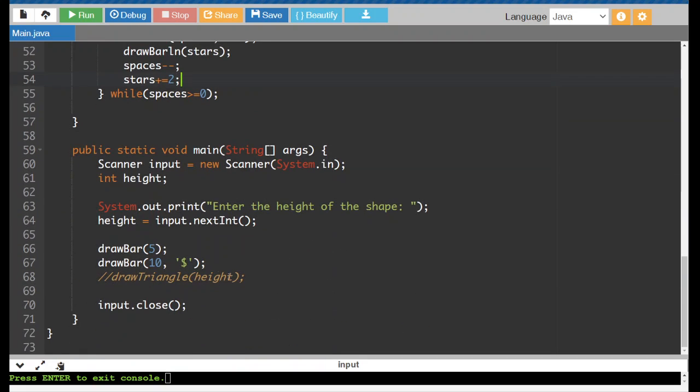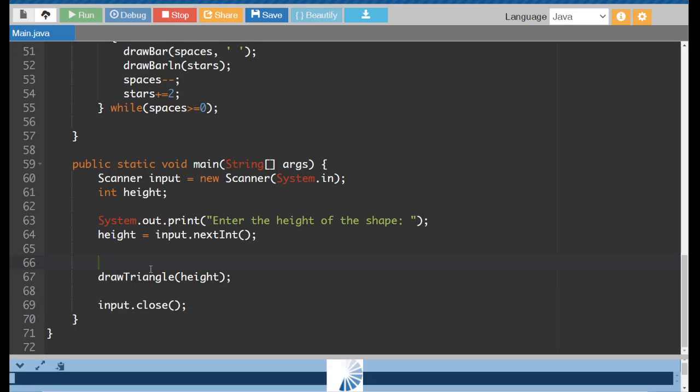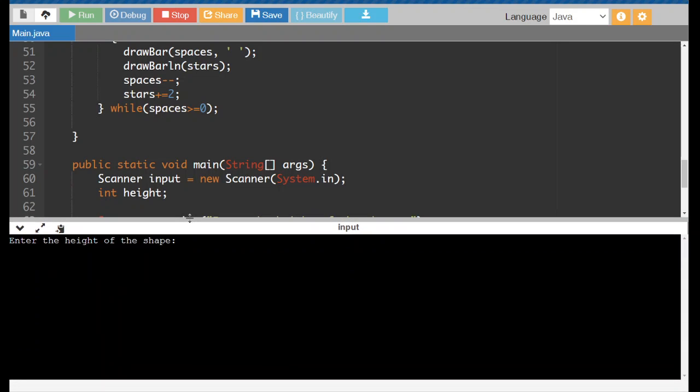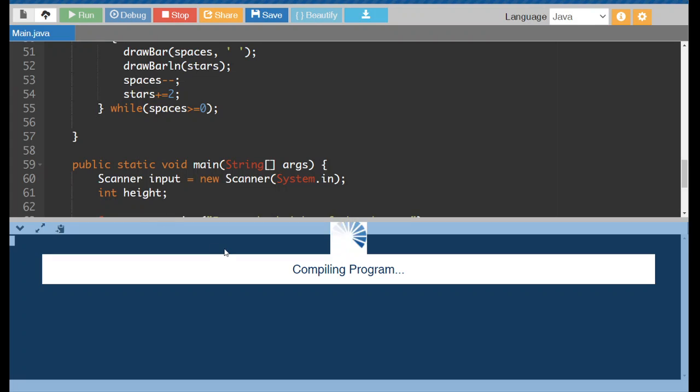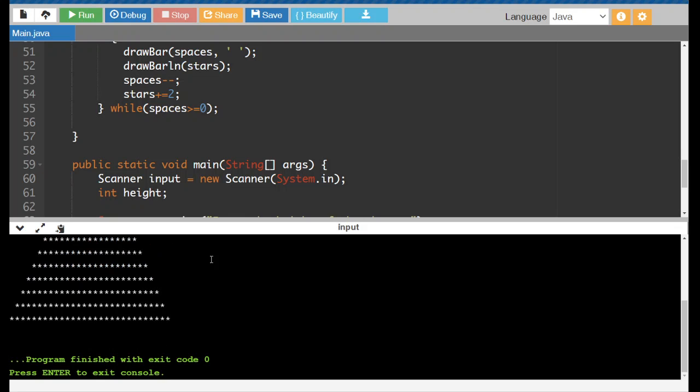So now I'm going to remove the comment from drawTriangle, and we don't need these drawBars here, and we'll run the program and then see what we've got. Okay, enter the height of the shape. So I'm going to put in 5, and you can see that on the first line I get 4 spaces and then a star, and then on the last line I get no spaces and then a whole bunch of stars. You can keep this going for pretty much any size. So if I wanted a triangle of height 15, you can do that